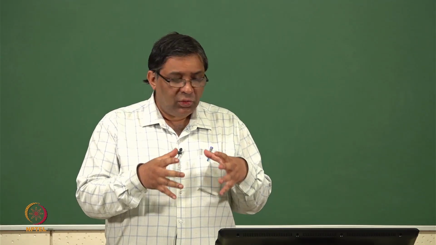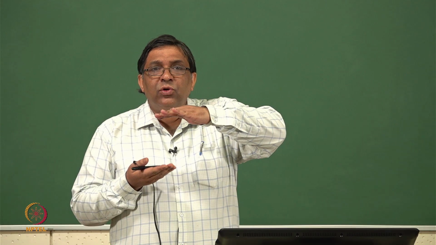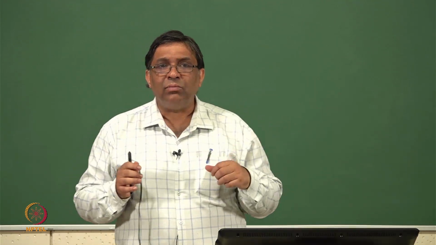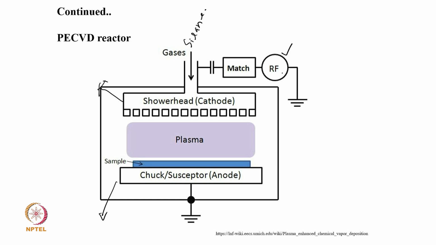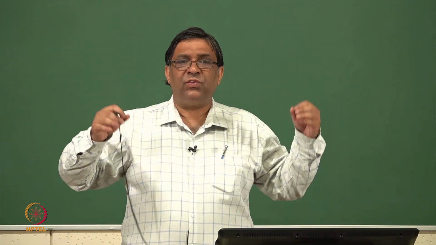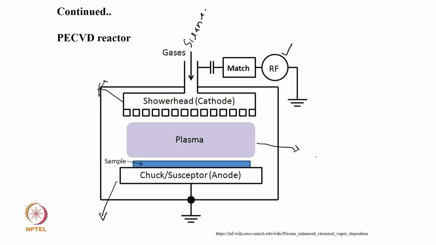And then you add an RF power, radio frequency power, connected to this chamber. This chamber has two electrodes, one is cathode and another is anode. In between cathode and anode, when the silane gas comes, with the help of radio frequency power you can generate plasma of this gas. Plasma means you can make it an ionized state; silicon ions and hydrogen ions can all be produced in this plasma state.